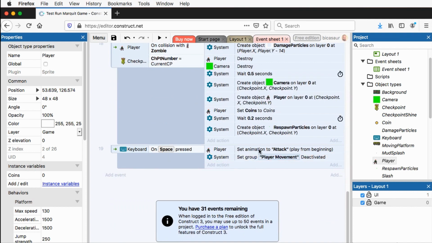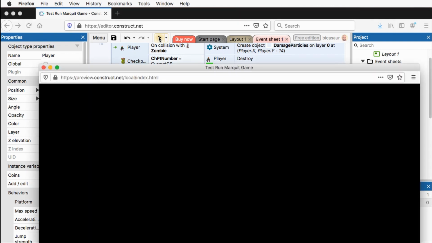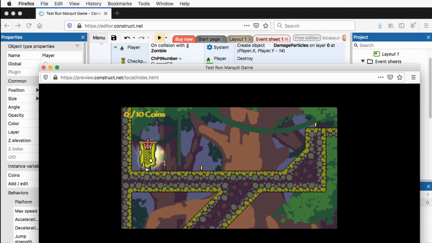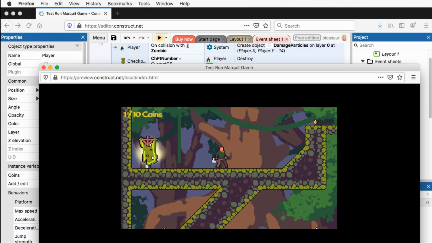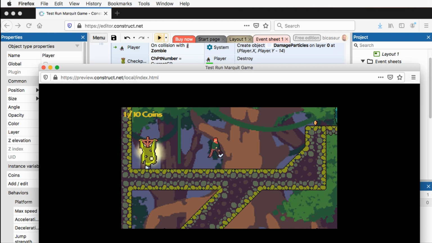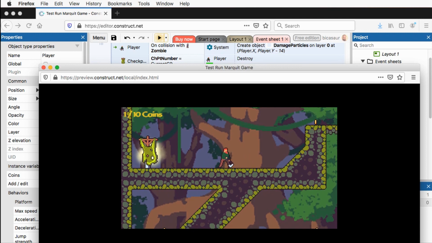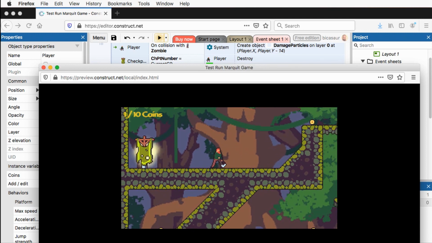All right, now let's test that to make sure it does what we think it's going to do. So here is our project. I'm going to bring the guy out in front, and I'm going to hit the attack button, and he does, in fact, make the attack. Notice we've deactivated his controls, so the platformer functionality is still on, so my left and right and jump all still work, but he doesn't turn left or right anymore, and none of the animations switch the way that I